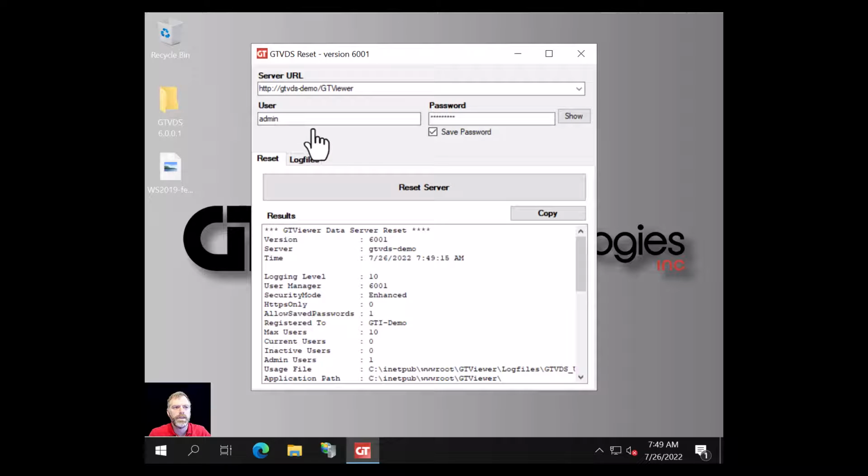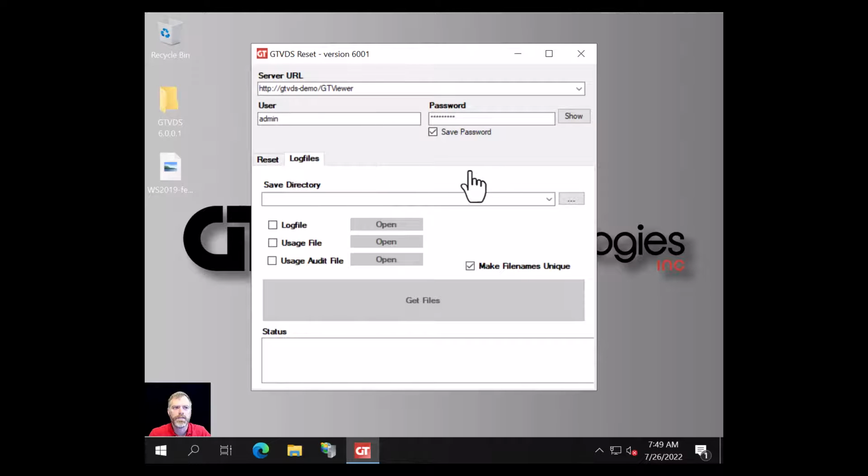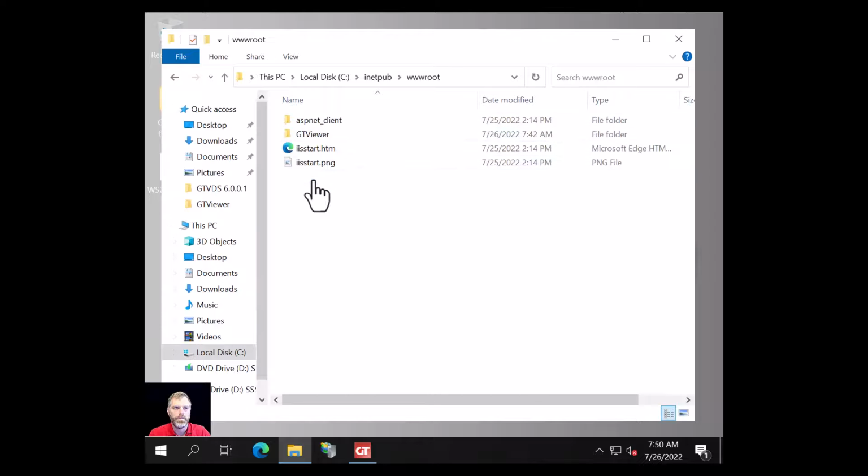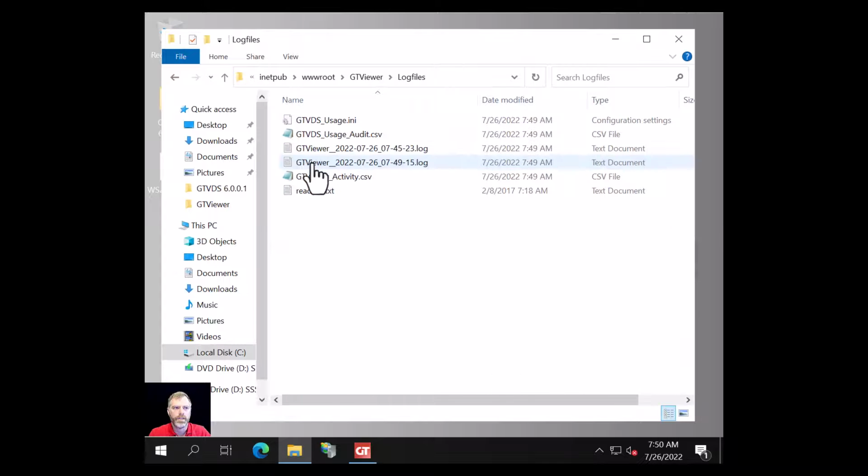There's also another tab here for log files. You have to give it a directory to save the log files to, and then you can get the log file, usage file, or usage audit file and download them to your machine. Now, in our case, we're on the server, so we just have to go to the inetpub wwwroot GTViewer log files directory, and we can get it.